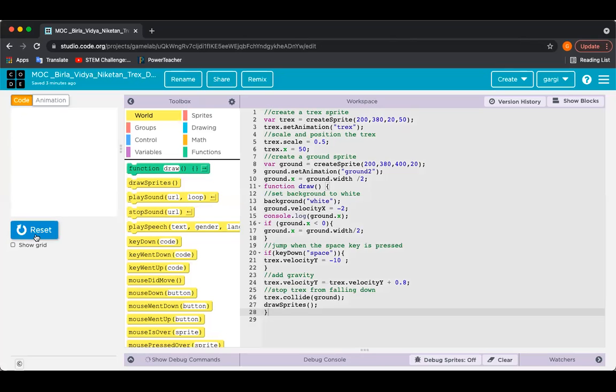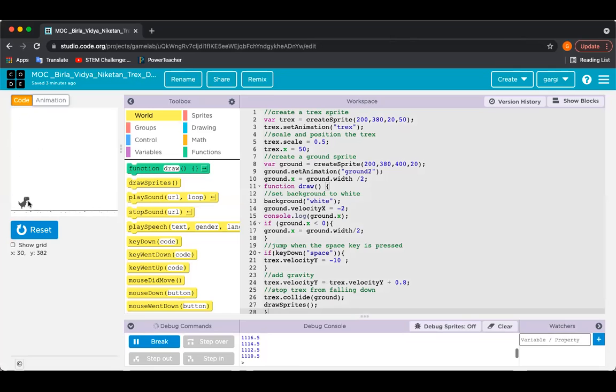Now, in our last class, we created an object, we call it T-Rex. We have a ground, and this ground is finite. That means it has a specific length, and that length is this output screen, which is 400.